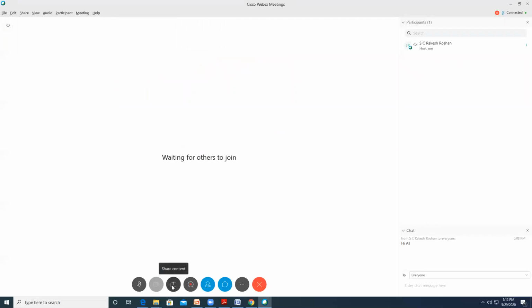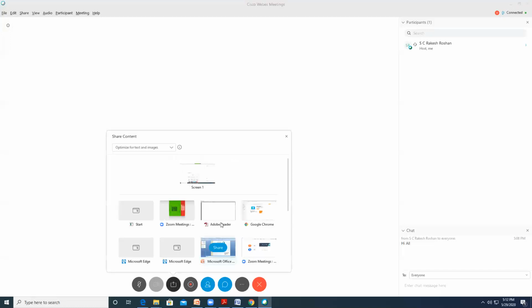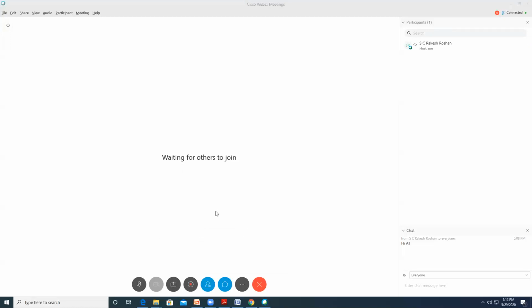The reason why I have shared a blank PDF is, since the whiteboard is not accessible, we can have a blank PDF like this, and you can use the same as a whiteboard. That was the main intention why I have shown a blank PDF. Else, if it is content, you have a PPT to explain, you can annotate, and then you can start explaining. So all this is feasible in Cisco WebEx. So let me stop sharing this.